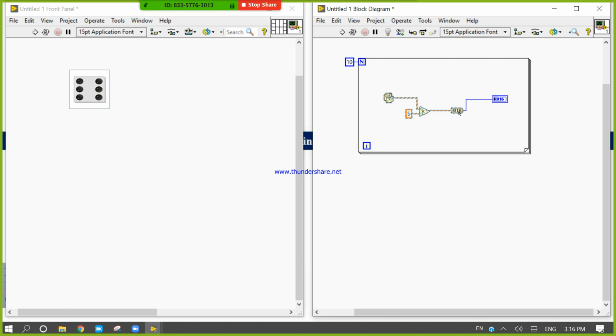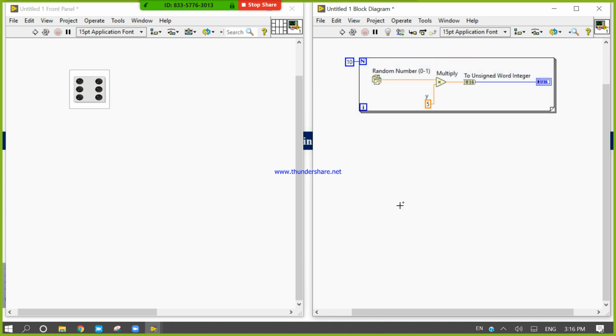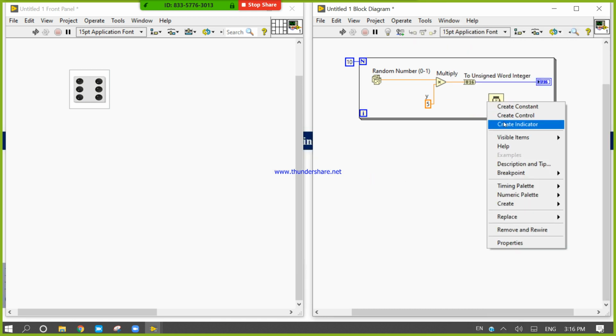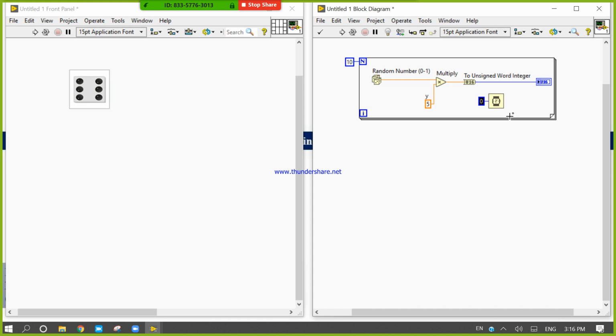Okay, wait, now my code is nearly ready. Right click again, come to timing. We will use this wait function to control the simulation speed of our CPU.